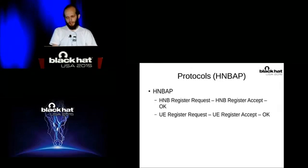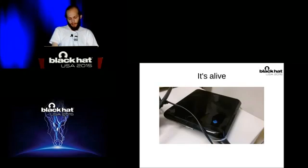After SCTP, there is HNBAP. It's a protocol that is used for the gateway and is pretty simple. It issues requests to register itself in the core network, and you can just accept it. And when the user connects to you, you can accept it as well. After that, our femtocell came to the blue mode without any connection to original telecom hardware or software, and was ready to accept users. Well, that was an achievement, but